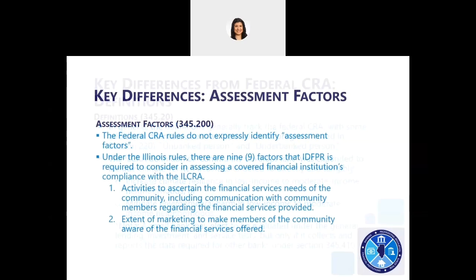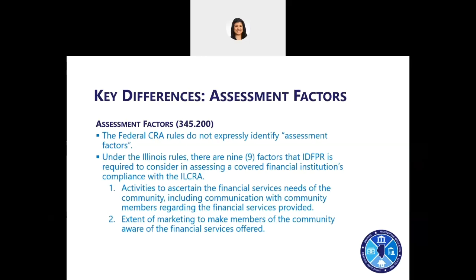Another key difference is in the assessment factors. The Federal CRA rules do not explicitly define assessment factors that the federal banking agencies will take into account in determining whether a bank is meeting its obligations under the Federal CRA. Under the Illinois rules, there are 9 factors that IDFPR is required to consider in assessing a covered financial institution's compliance with the Illinois CRA. These 9 factors are outlined in the PowerPoint,